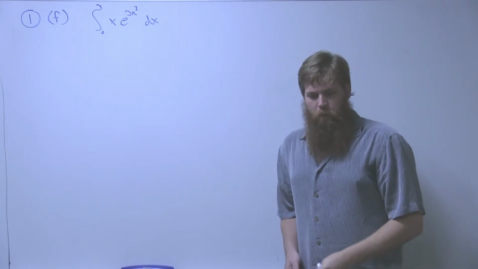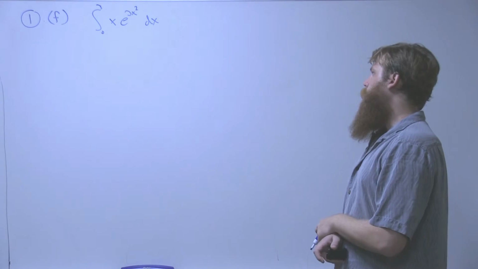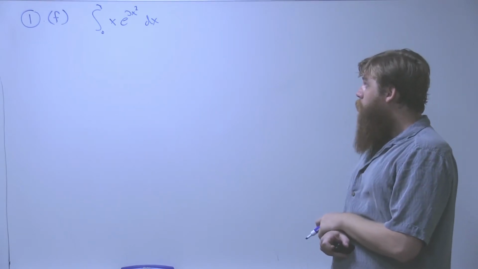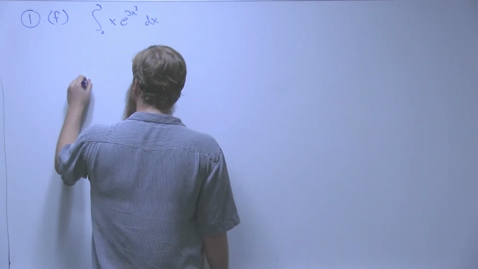The final piece of problem 1 of the second part of the review is the definite integral from 0 to 3 of x e to the 3x squared dx. I want to take a quick minute to talk about notation. Anytime you see e to the